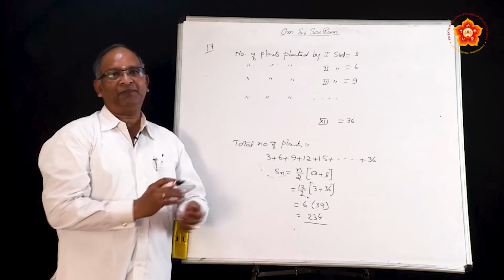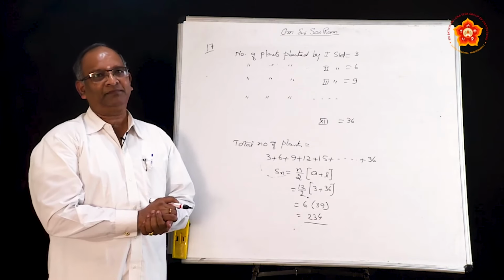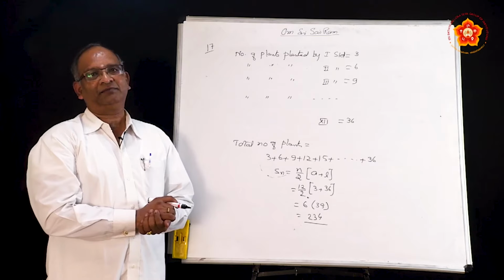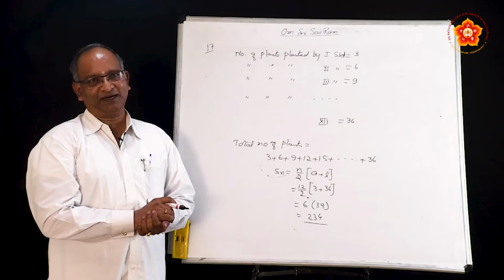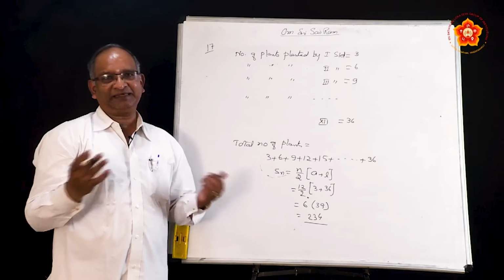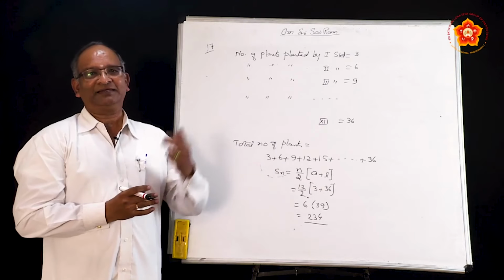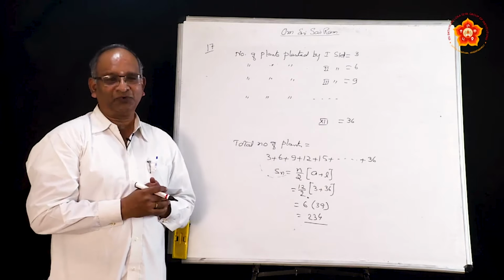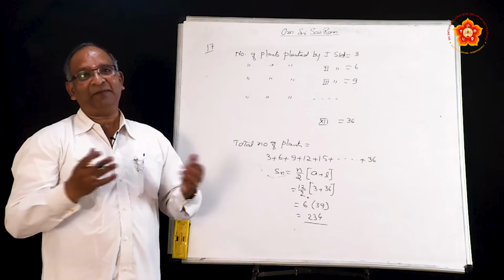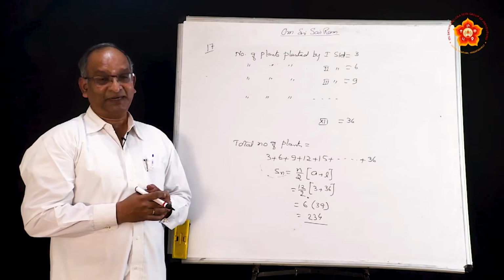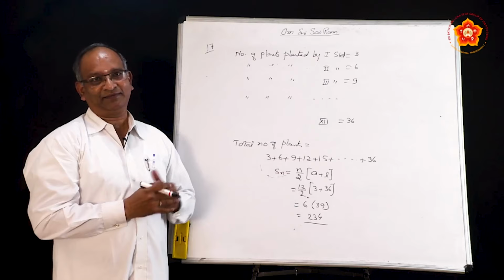The total number of plants which are planted in and around the school building in order to avoid the air pollution comes to 234 plants. See, when we discuss about the problem, we say first class is going to plant only 1, second class is going to plant 2. When you think, you feel that what is going to happen with 1 or 2 plants. But see, at the end they have planted 234 plants.